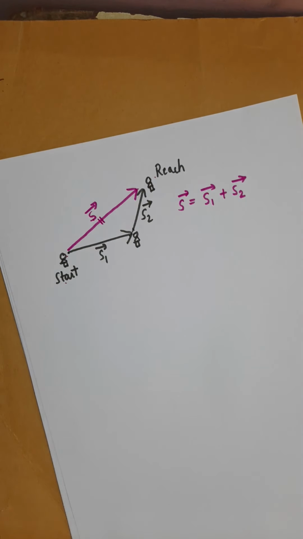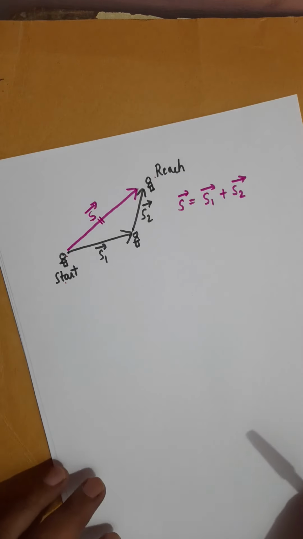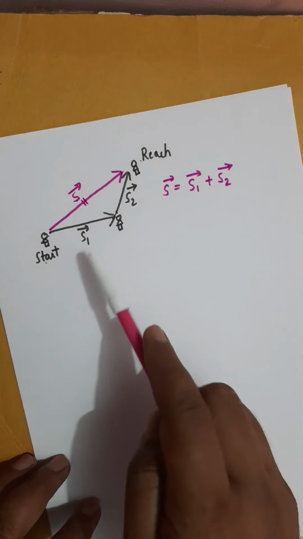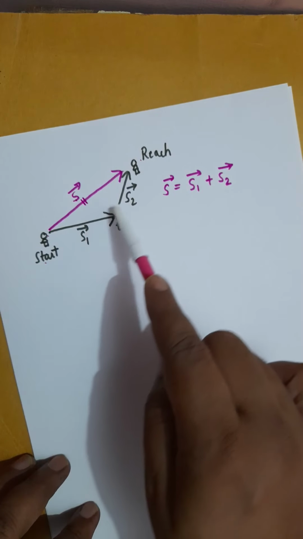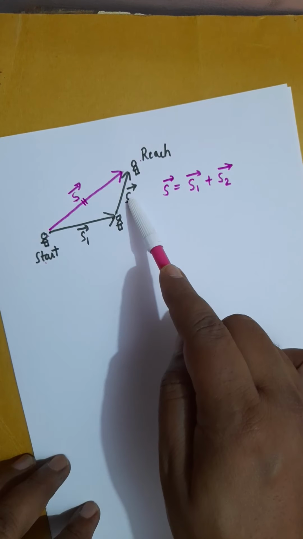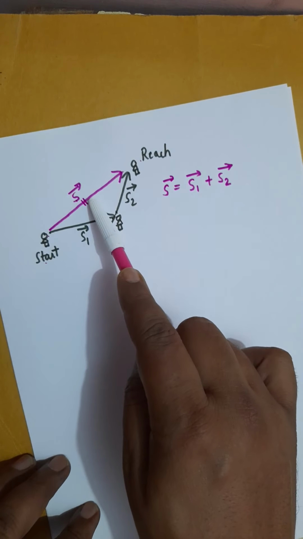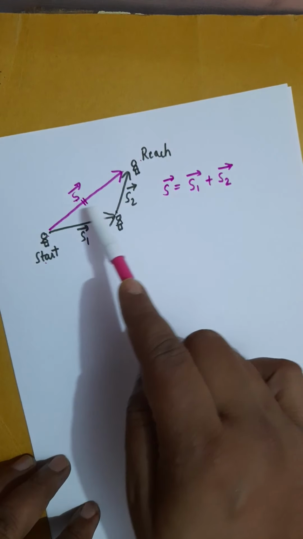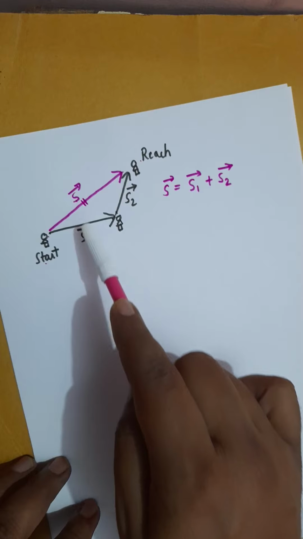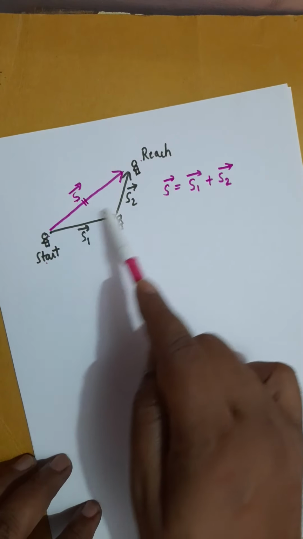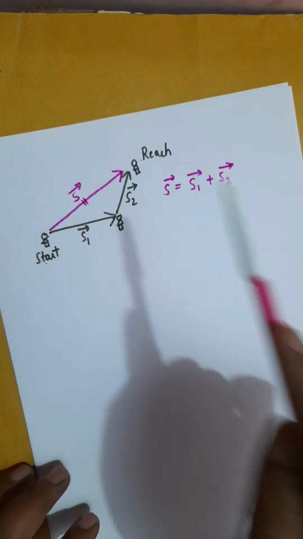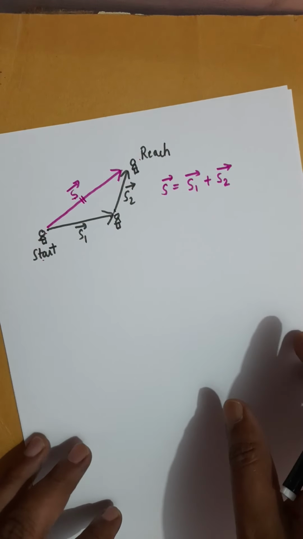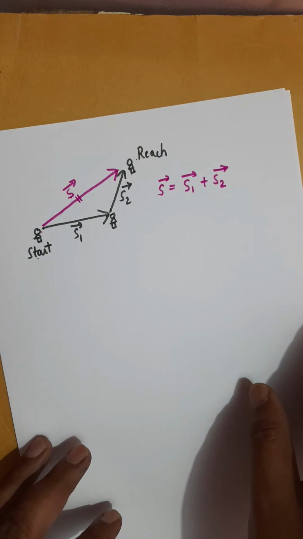Right? I took the example of displacement, but this theory is valid for any kind of vectors. Instead of displacement, we can have two accelerations, then this will be the resultant acceleration. Instead of displacement, we can have two forces, then this is a resultant force. And suppose we have these two as momentum vectors, so this vector will be our momentum. That means this theory is general for any kind of vector. Displacement is used as an example.